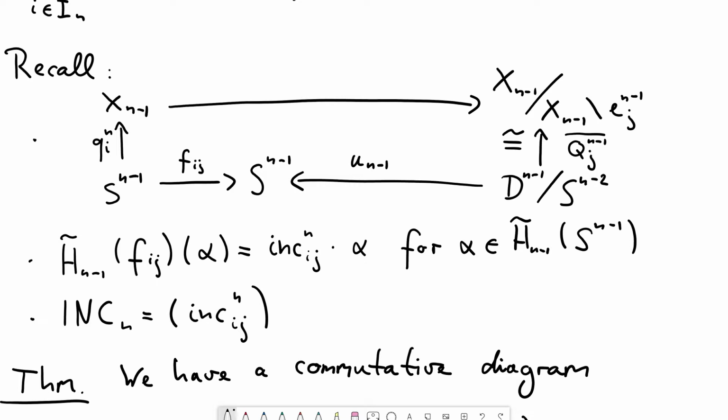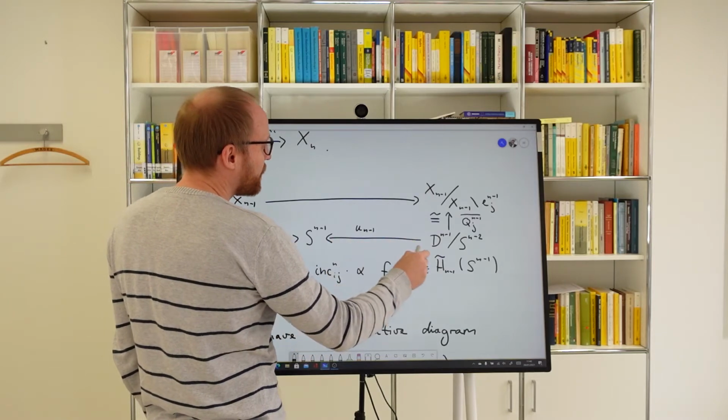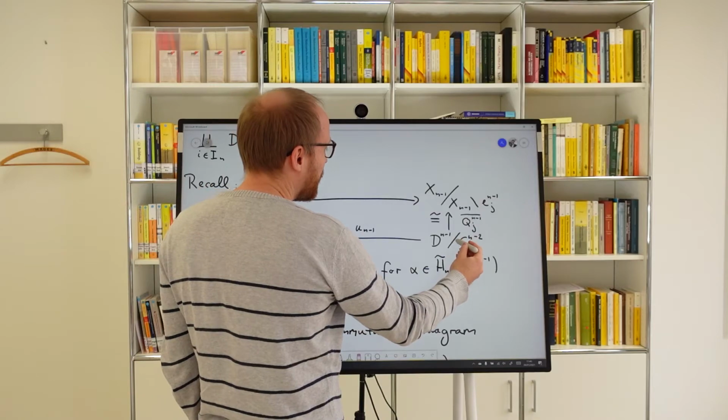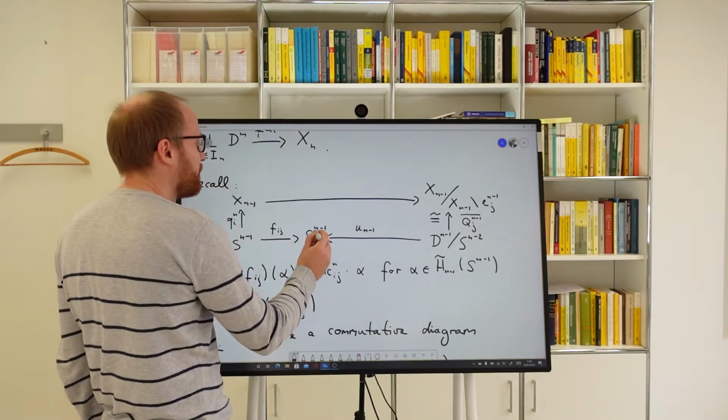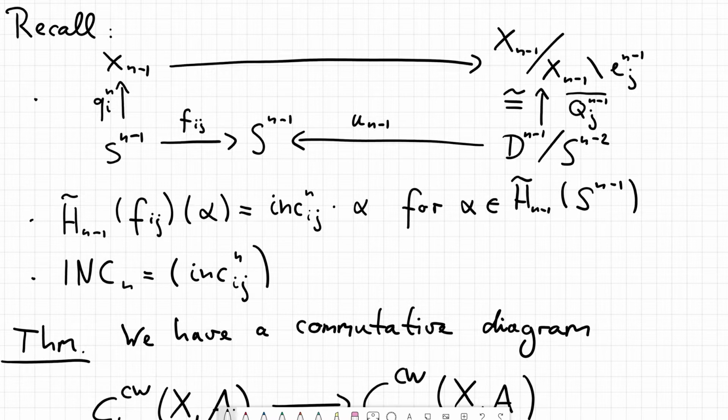Yeah, if I factor out here the boundary sphere, the (n-2)-sphere of this (n-1)-disk, then I obtain an induced homeomorphism here. Because this boundary sphere ends up in this quotient space, so I've got an induced map, and that's a homeomorphism. And finally, the last part of the composition, that was this homeomorphism u_(n-1), which identifies this quotient of the (n-1)-disk modulo boundary sphere with the (n-1)-sphere. And then I just define this arrow here as this whole composition around the diagram. Okay, so by the choice of the push-outs, I obtain these maps f_ij, and these were then used to define